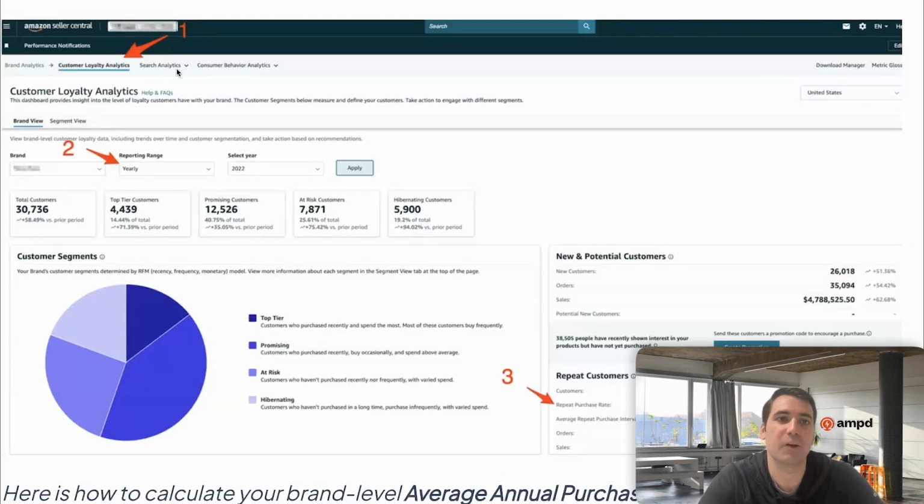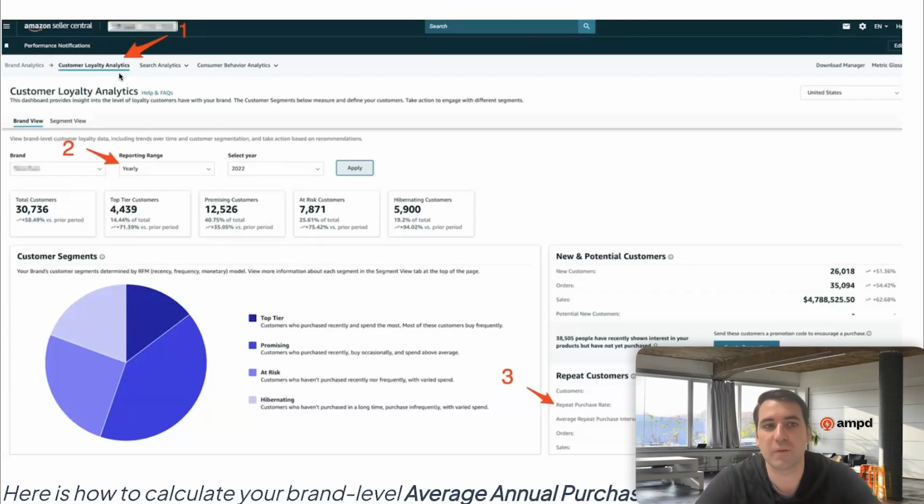The data that I have found most beneficial so far across the board is toggling over into this Customer Loyalty Analytics dashboard. Now, there's a lot of data here, and there's a lot of ways to slice it and dice it. What I'm going to talk about today is what some of our largest brands have been using it to immediately better understand their customers and immediately understand their customer acquisition strategies.